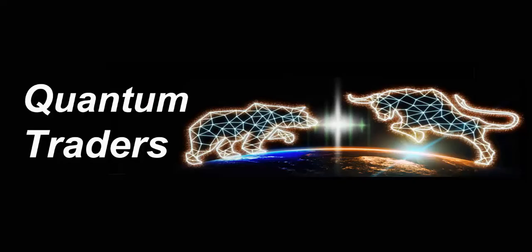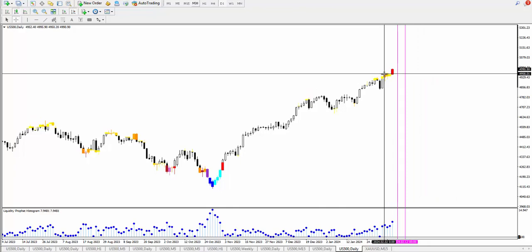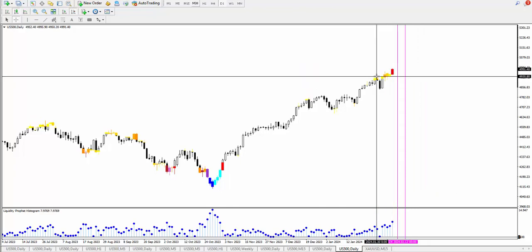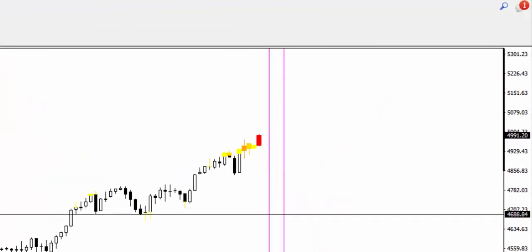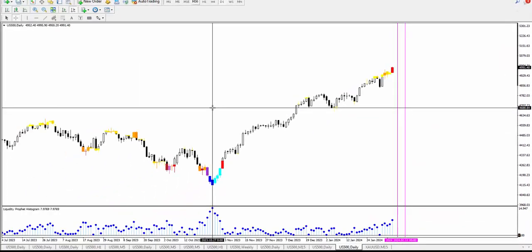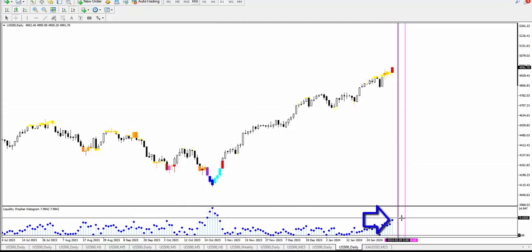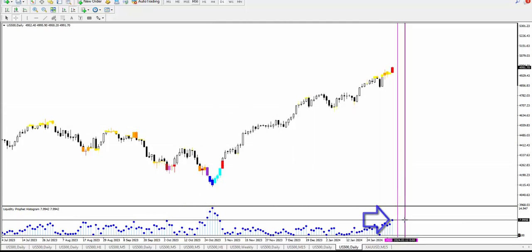So let's have a quick update on the S&P 500. You can see that we've again got coloured candles forming, and we had this high level of liquidity back on the 27th of the 10th, 2023. Now if we look at the histogram on the daily, and that's where I think we should begin all of our analysis,